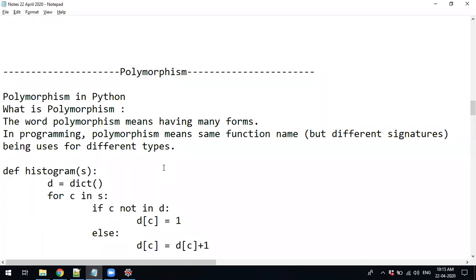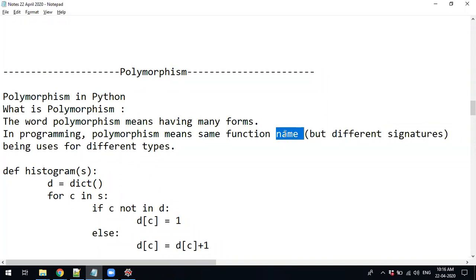That way, the same function name with different signatures, that we call polymorphism. You will write 10 functions with the same function name, but the signature in the parameters is different. In the brackets, the number of parameters and the type of the parameters are going to be different. One may be integer, one may be float, 3 integer, 3 float, or the locations. That is why we use the word signature. The signature is different, the function name is same.